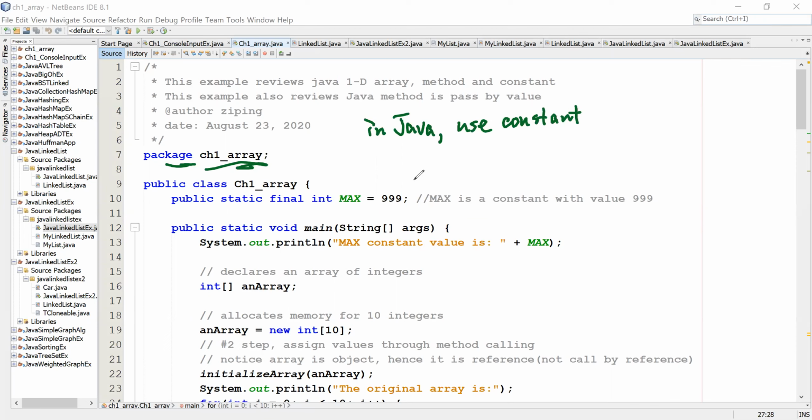Constant. In this case, if you take a look, this MAX, we capitalize it, and generally speaking, you capitalize all letters. This represents some maximum number going to be used in this application. It's a variable, basically. It's still a variable, but in this case, we call it a constant. And it's an integer number, 999. And what's the difference between this and this kind of method, public int